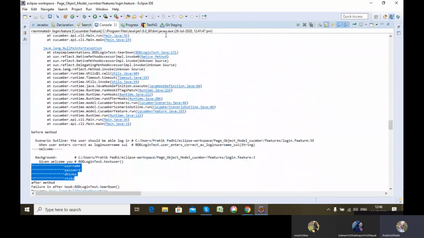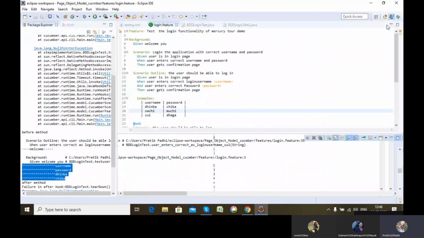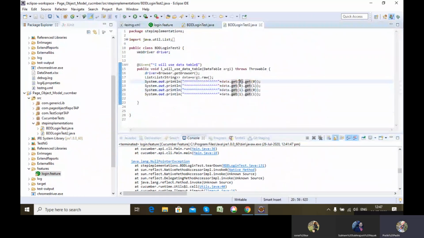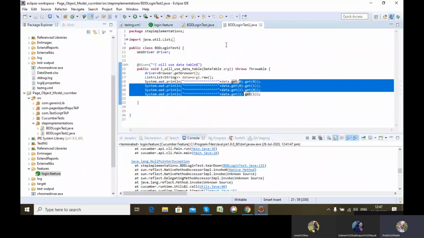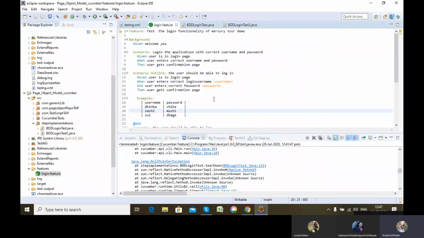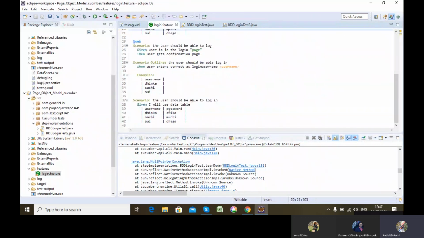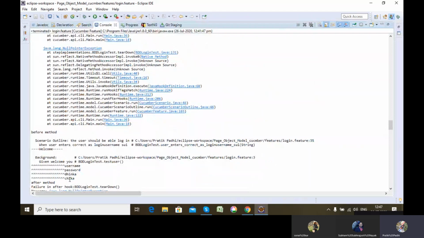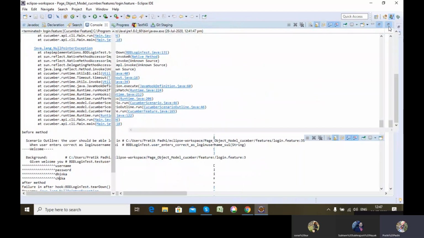How much data did I print? Two sets of data printed, the first row and second row. The rows consisted of username, password, Tinkachika. So you can see that those particular 2 lines are printed. See the first one, second one, third one, and fourth one. So this is how execution is done.